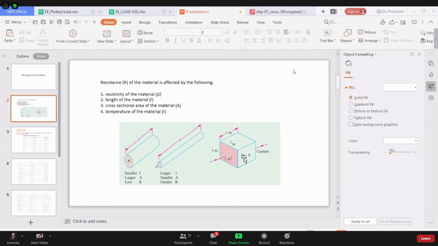But amidst all of those, there is a kontrabida, no? There is an opposition. And that is the resistance if you're talking about DC. In alternating, there are more than this, more than resistance. No? So there is reactance, capacitance, or inductive reactance, capacitive reactance. These are all the oppositions. No? These are all the anti-current.